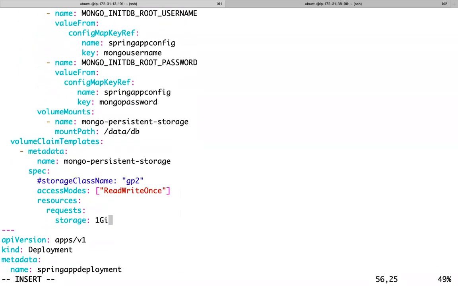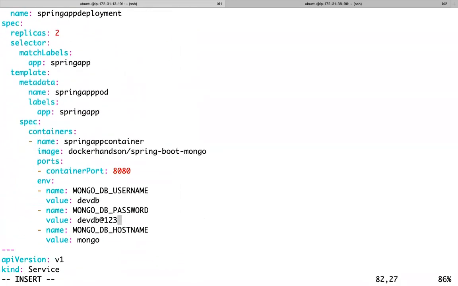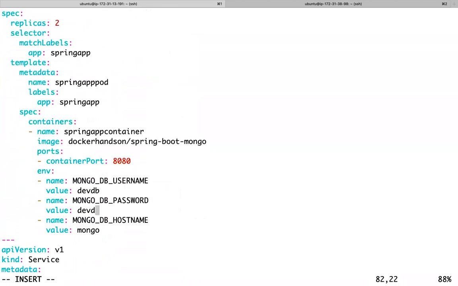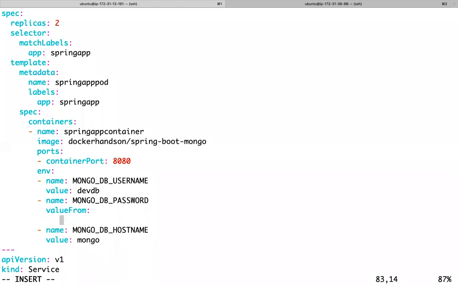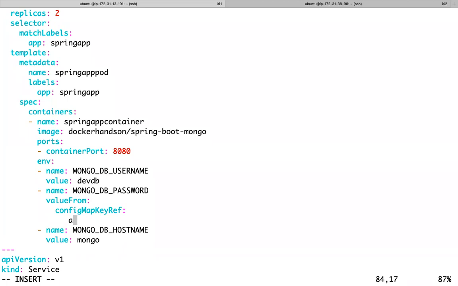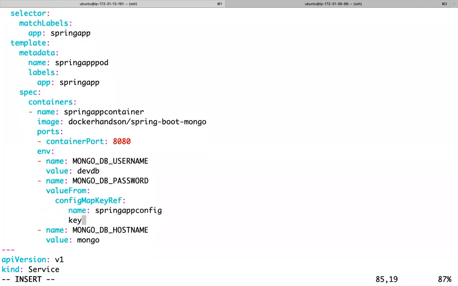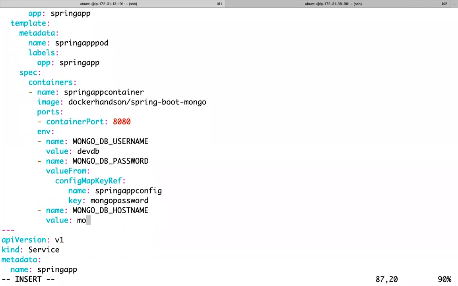Similarly here also value from config map key reference, name, that Spring App config, key Mongo password.